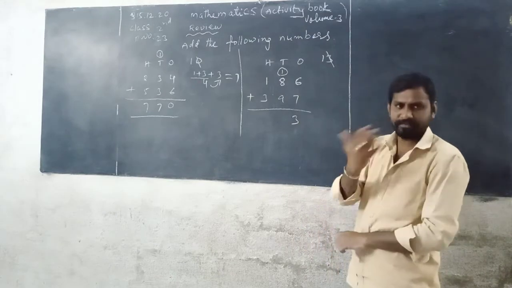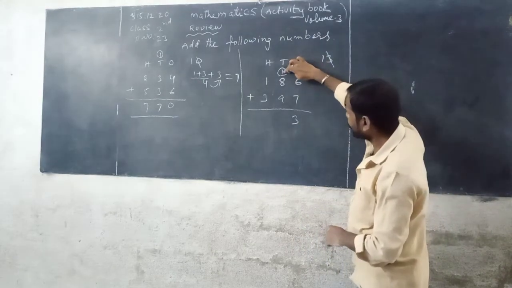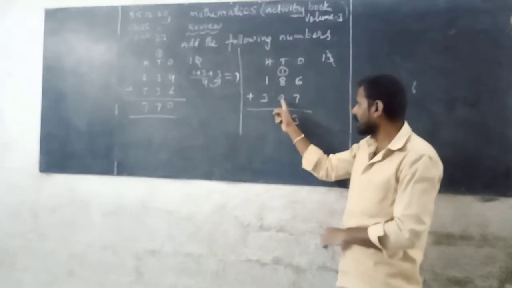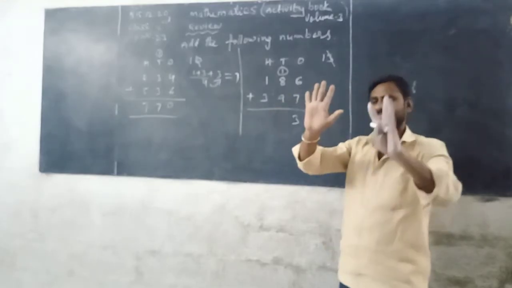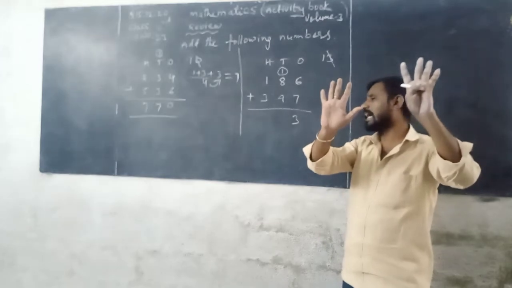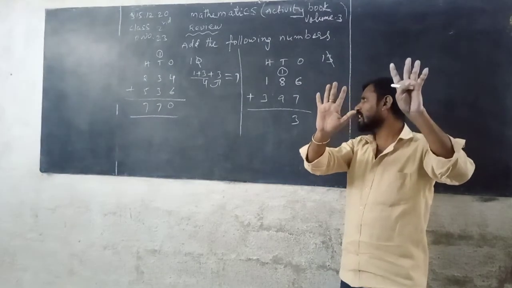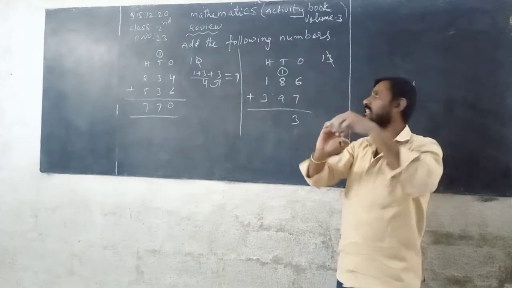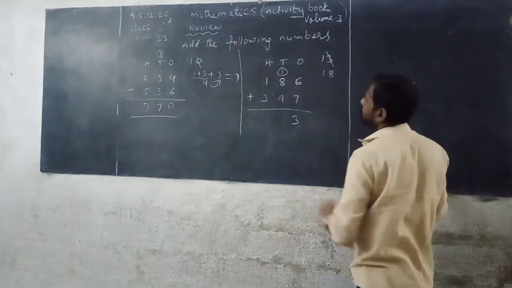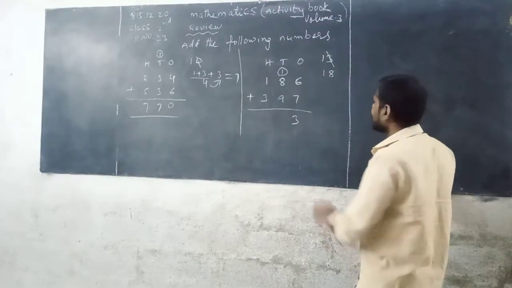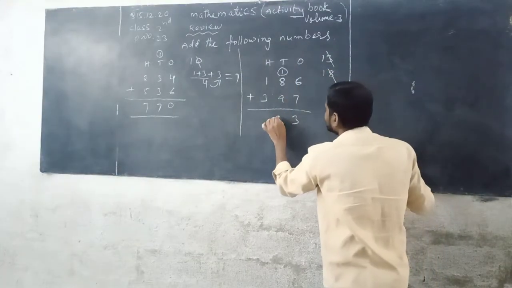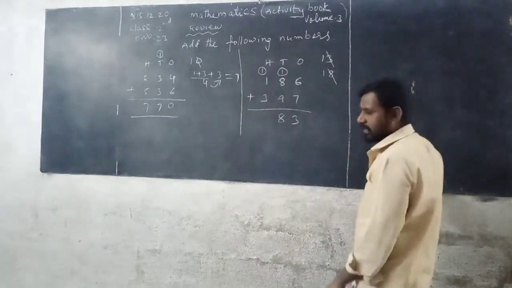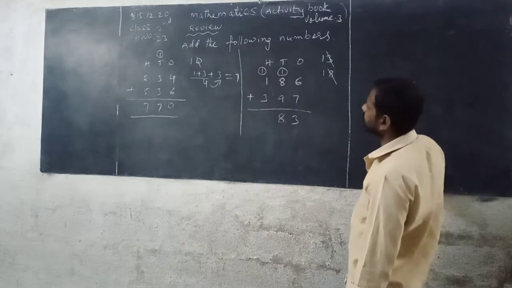Listen, look at the blackboard. See here, 1 plus 8, 9. 9 in the mind and 9 fingers in your hand. So 9, after that you can count 10, 11, 12, 13, 14, 15, 16, 17, 18. So 18 is a 2-digit number. In it, 8 is written down in the tens column. Now 1 is carried over to the hundreds place. Next, add the digits in the hundreds place along with the carry.